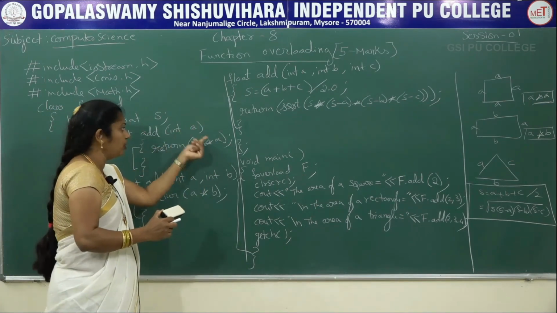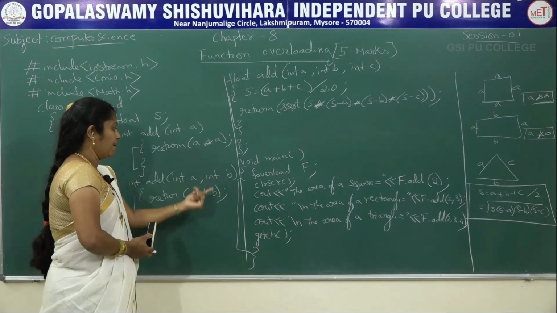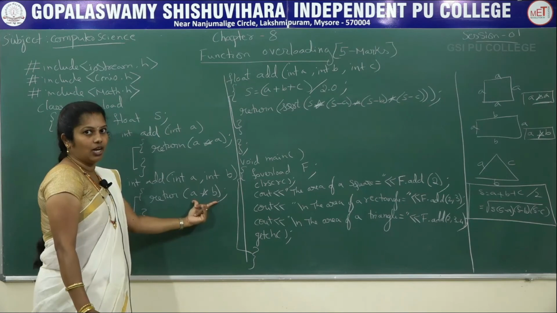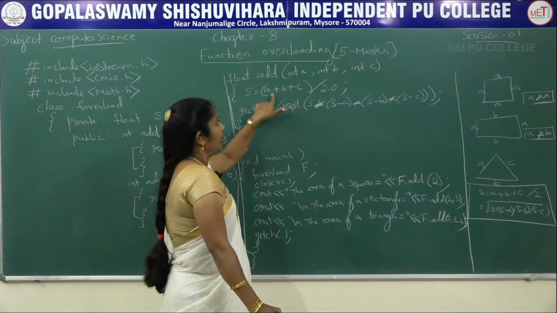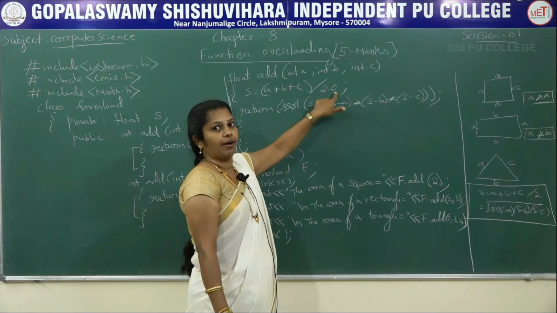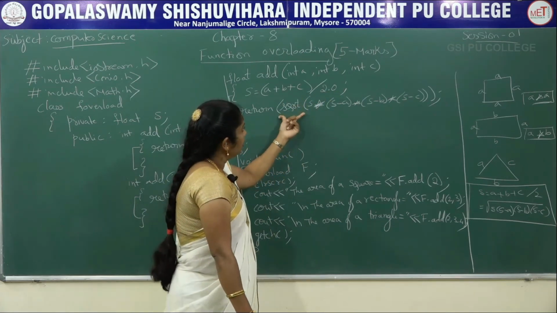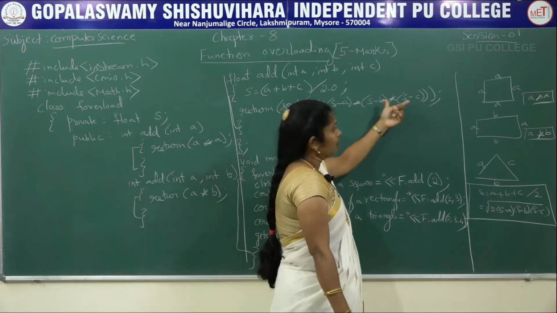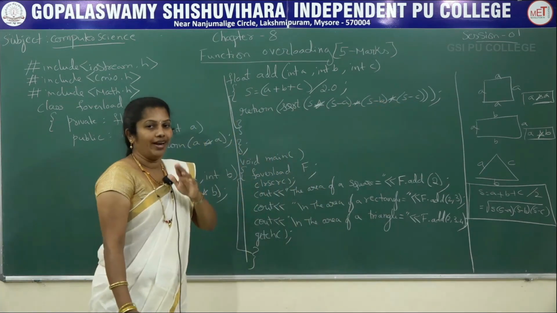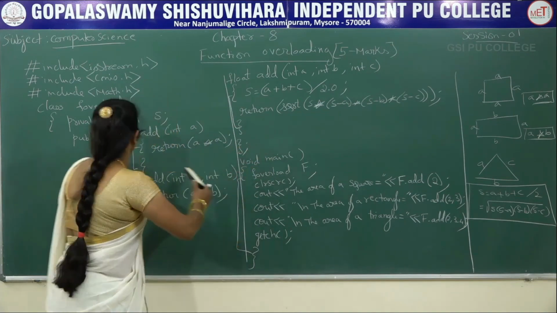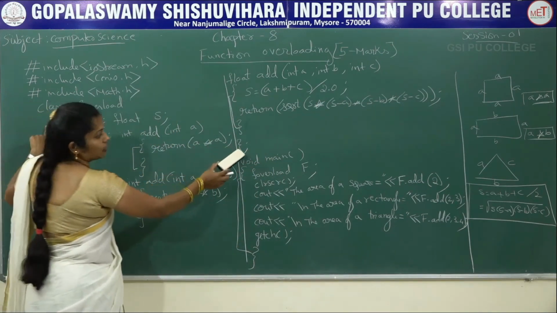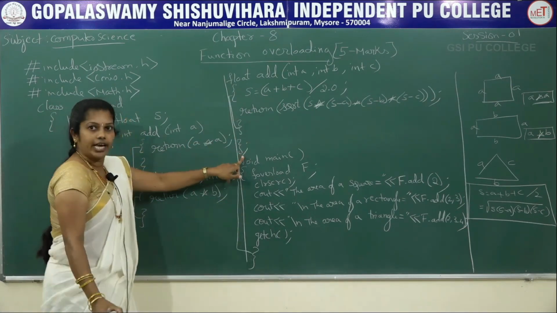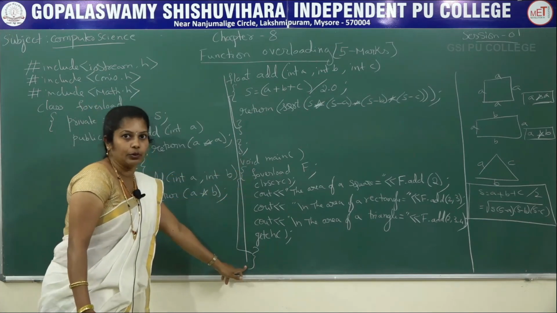Here we are finding area of a square, that is a into a. Only one value we will input, that we will calculate a into a. Here 2 values we will take, a into b. Then we will calculate that return value as a into b. Whereas here a plus b plus c whole thing divided by 2. Then square root of s into s minus a into s minus b into s minus c. This is the value to find area of a triangle. Then close the function. First function, second function, third function. Here we are closing the class. This is the main program.